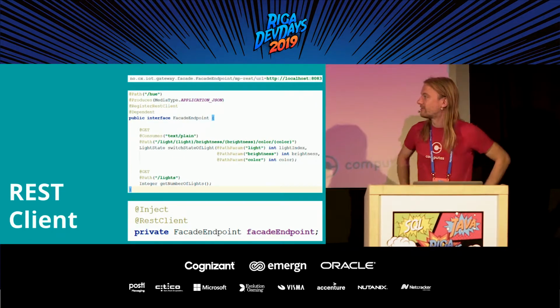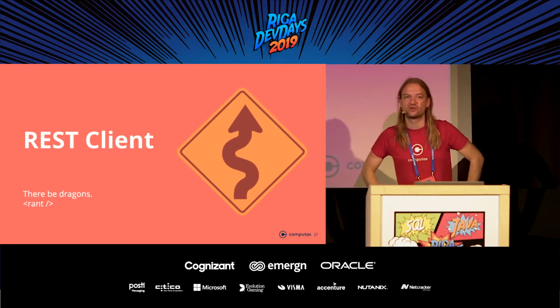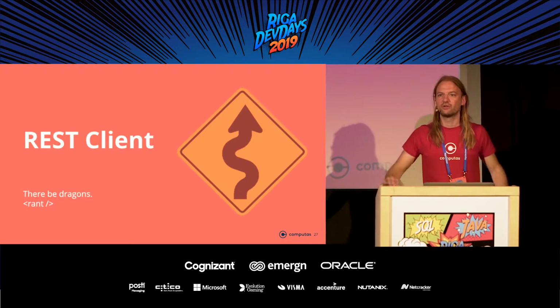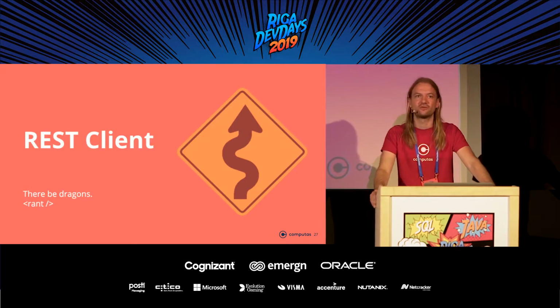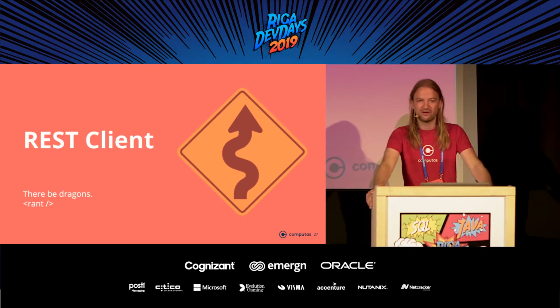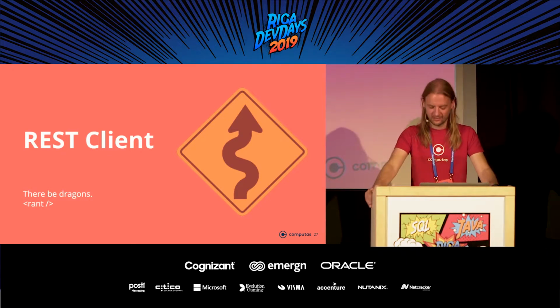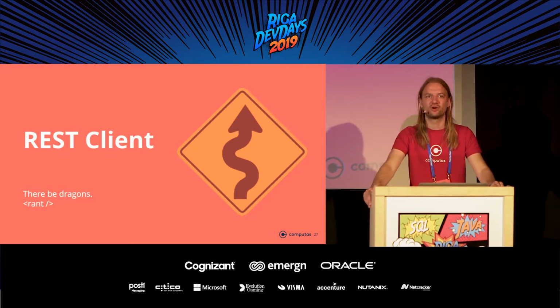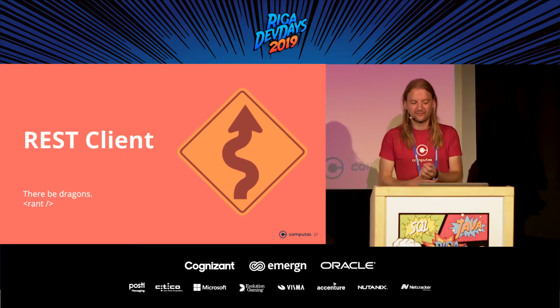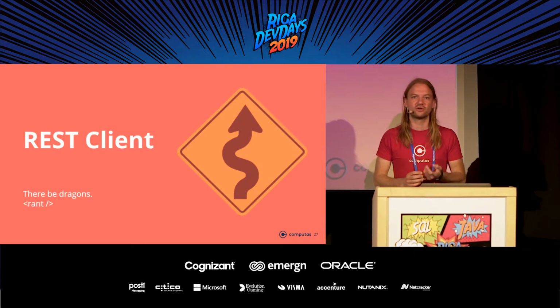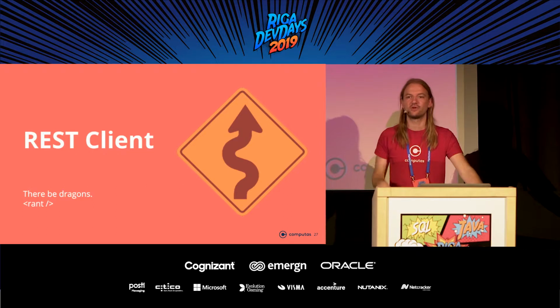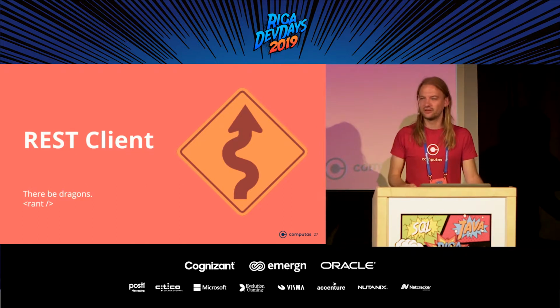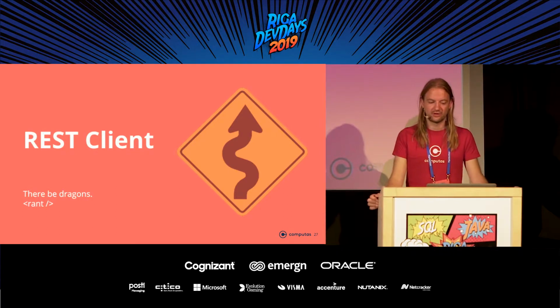Because there be dragons. And by that we mean we had so much trouble with REST client. We've been developing this software for about a year now, and we have spent so much of that time debugging and trying to figure out why the REST client doesn't function properly. And there are different errors between different app servers. If you're using Red Hat's Thorntail implementation of MicroProfile, then we get some issues with the REST client. If we're using IBM's Open Liberty implementation, then we get some other errors.